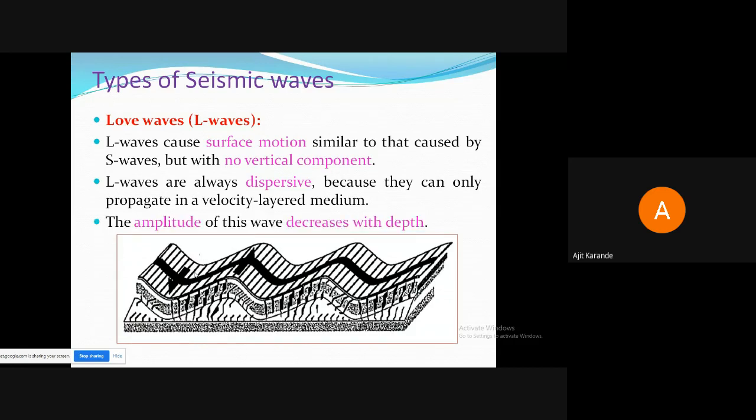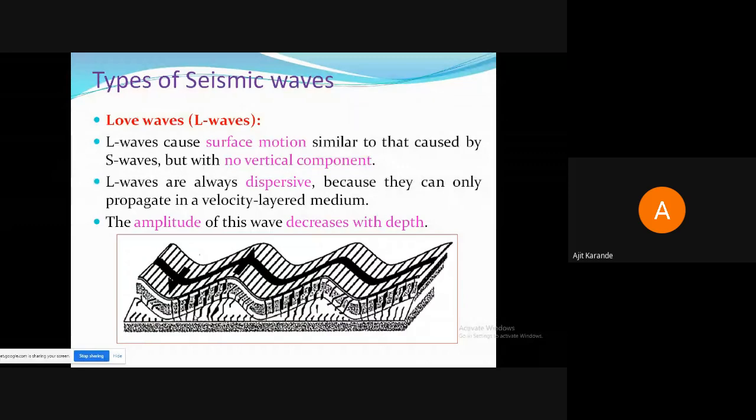The amplitude of these waves decreases with depth. Generally, when these waves occur, some movements take place at the surface of the earth only. As and when these waves take place, the movement generally takes place in two directions. The earth surface moves in the horizontal plane as well as in the vertical plane, but at a particular